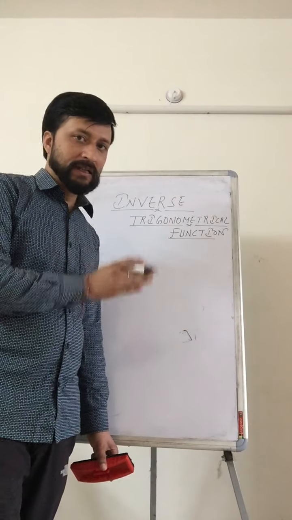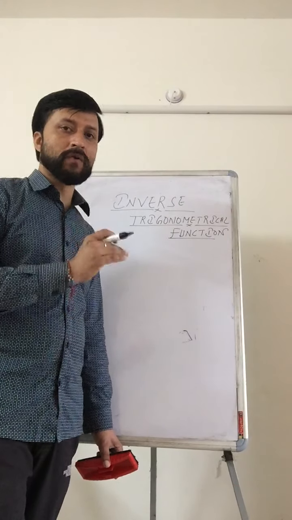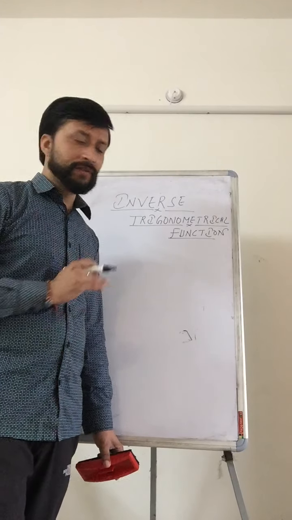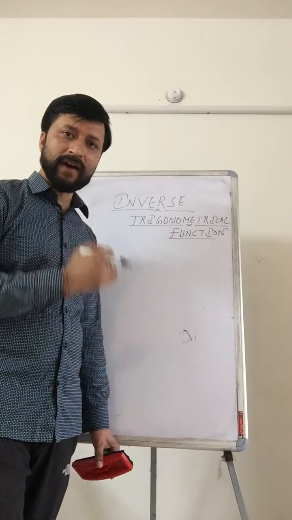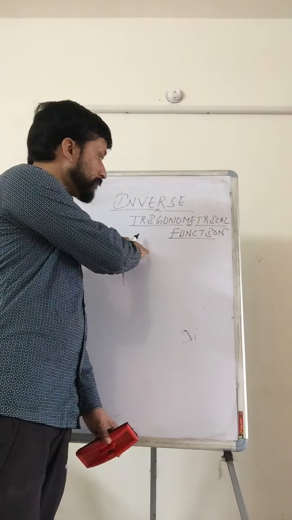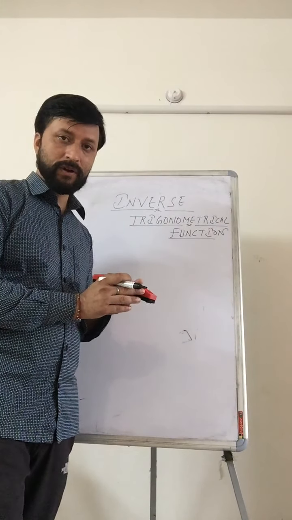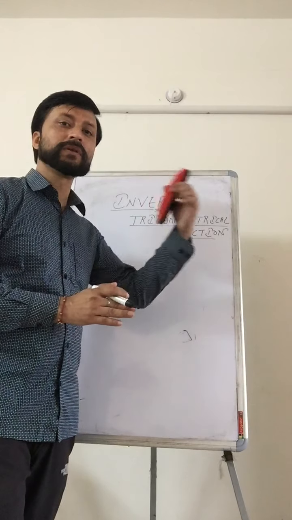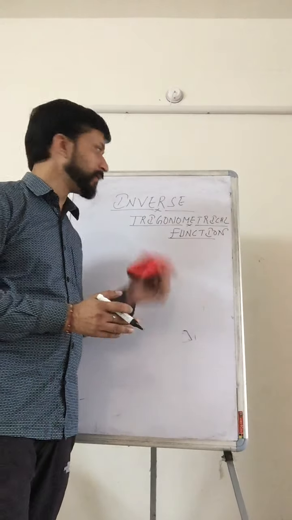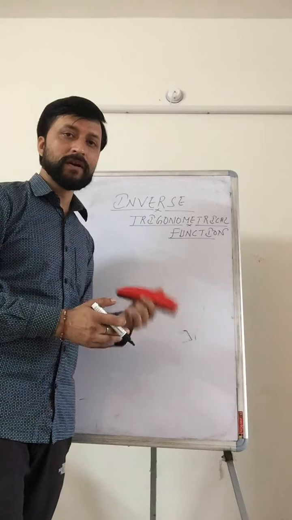learned in functions that the inverse of a function exists only if the function is one-one and onto, but trigonometric functions are not one-one and onto. So the inverse of a trigonometric function is actually not valid if you see it in that way. But it is valid under certain conditions. It is made valid up to certain limits. We are not going into those details. Let's learn what the inverse trigonometric function is and how you will solve sums.